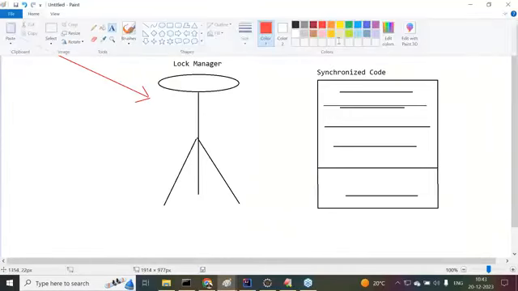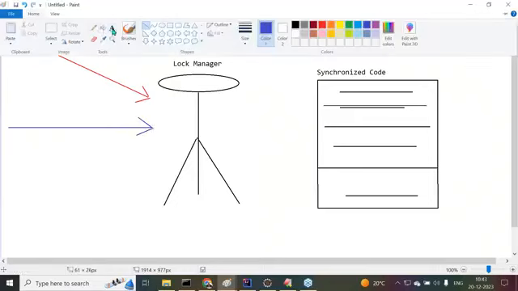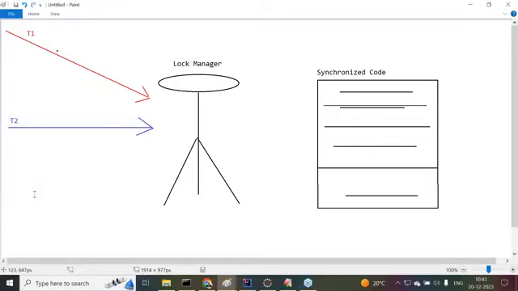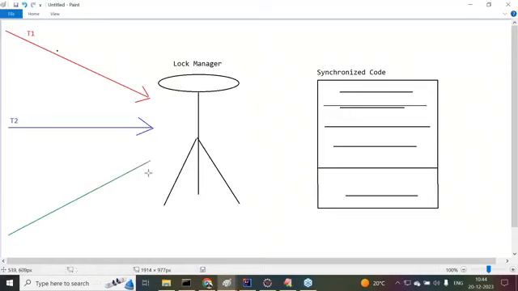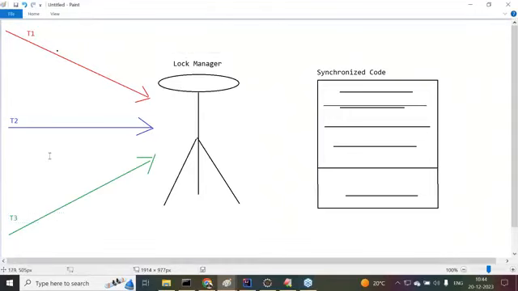At the same time, the next one is the T2 thread, and then another thread, T3. Overall, how many threads are created? Three threads are created, and all three are submitted to the lock manager.